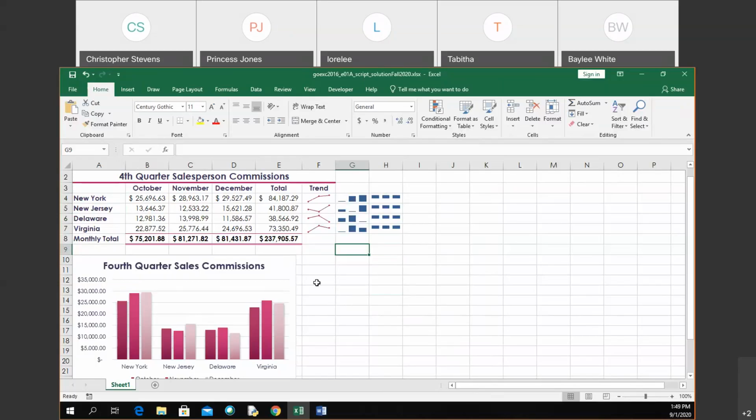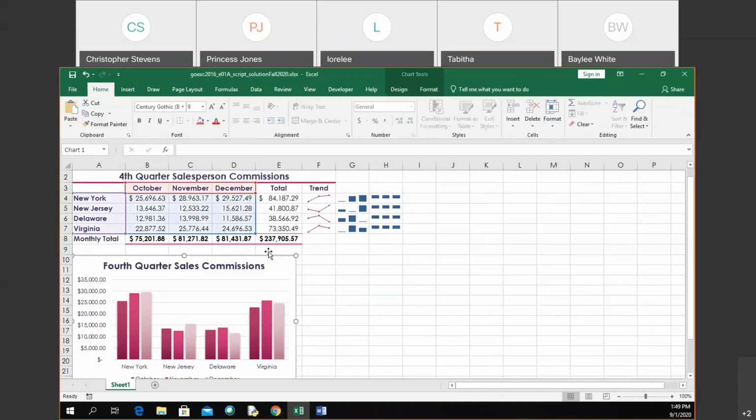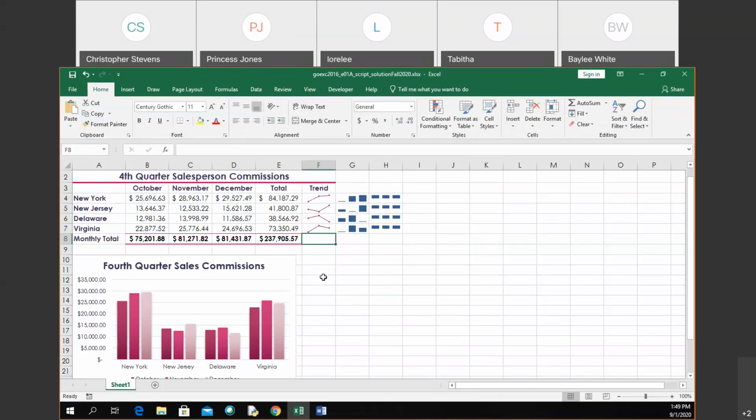So the first thing is in our instructions, it asks for us to center the data and chart horizontally on the page. So the first thing that most people do is they try to click on these things and go to center. Oh, I can't do that. Well, what does it mean to center the data and chart horizontally on the page? Well, we need to make modifications to page layout. So what I'm going to do is I'm going to go to page layout,